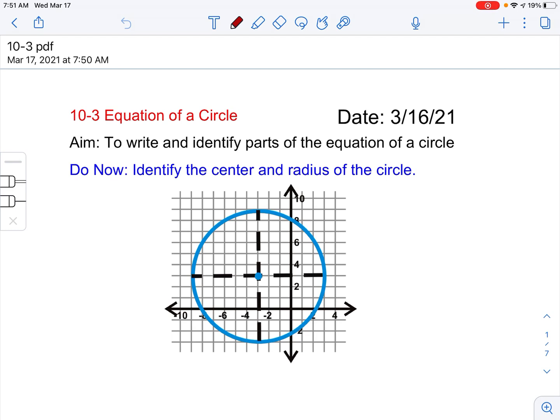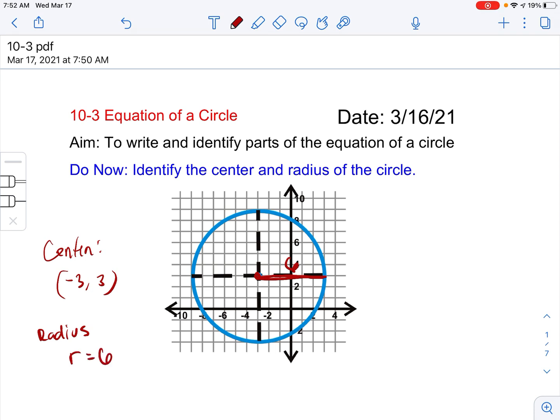Okay, so most of us are fairly comfortable identifying these parts, right? They're even labeled here up on my circle. The center is going to be -3, 3. We get that from looking at this dot right here and moving over 3 spaces and up 3 spaces. My radius, which is the distance from the center of my circle to the edge of the circle, is going to be this right here. Right, so if we count the boxes 1, 2, 3, 4, 5, and 6, we see that our radius r